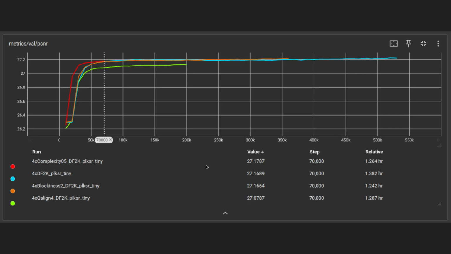And you can see, this is still ongoing, of course. I'm still doing all the tests. Like I said, it would be cool if I can do all the tests, see some things, and then write something about it, maybe a little report or something. But here you can see the training, the DF2K PLKSR Tiny as a baseline model in this light blue, trained